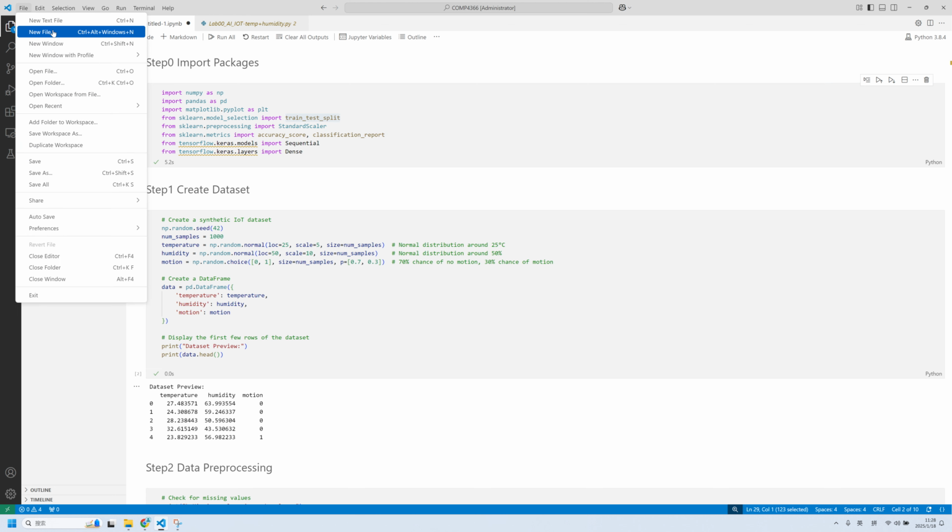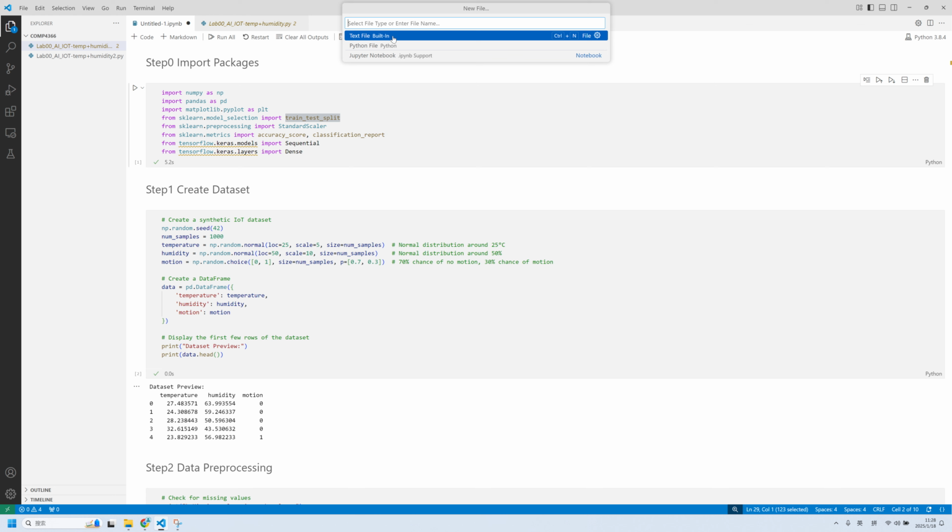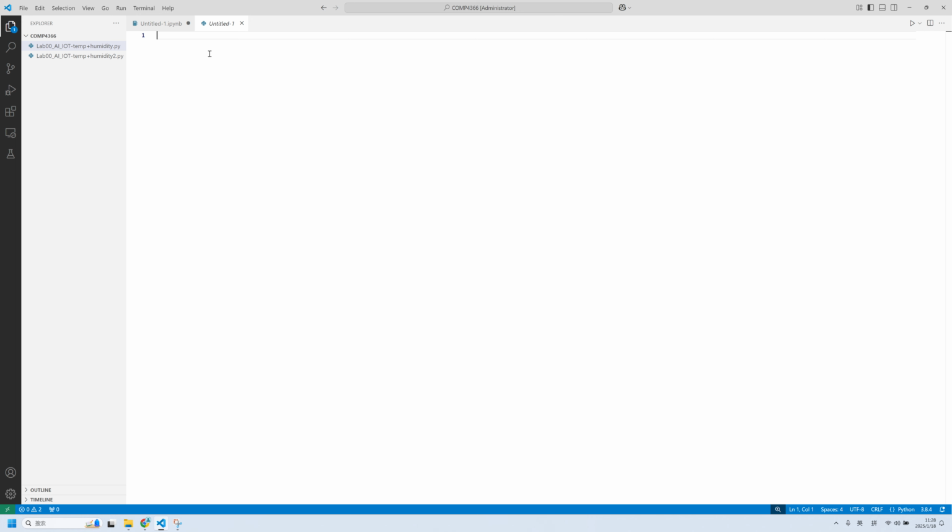So we all know that if we create a new file here, we can choose the form of the file. For example, if we choose Python file, then it will show you only a blank space where you can put all your code, and then you open the terminal to execute the code in once, or you can do this. This will execute all those codes, but there is a case where we want to execute only a part of